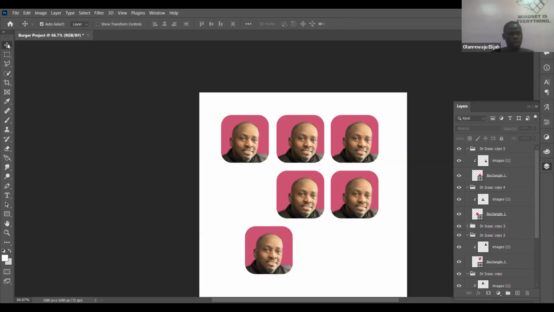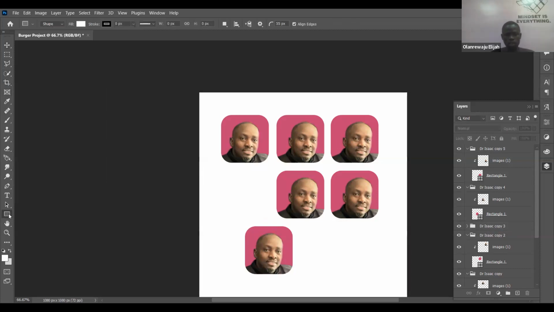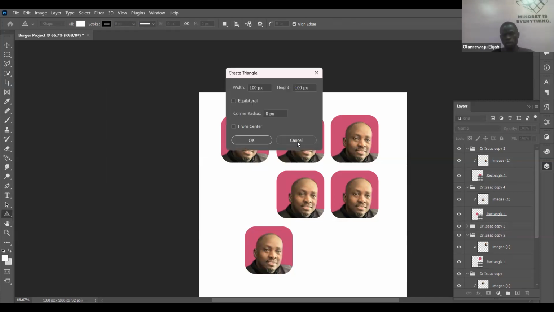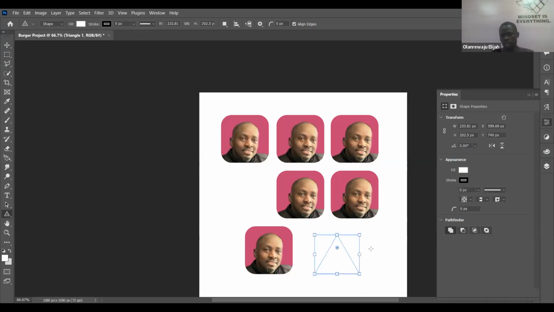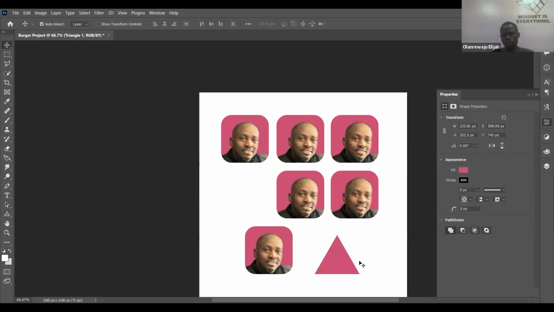So now we have talked about the move tool, the polygonal lasso tool, and the crop tool, right? Then we have used your shape tool. Can you see that? We have the rectangular tool, the ellipse tool, and the triangle tool. If you want to draw a triangle, you select it, then you draw it. And I told you that to get equal sides on any shape, you have to hold down Shift before you start creating that particular shape. Can you see it now?